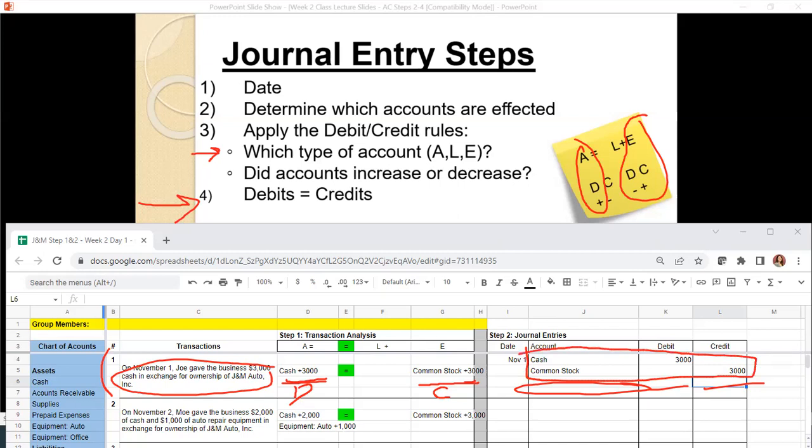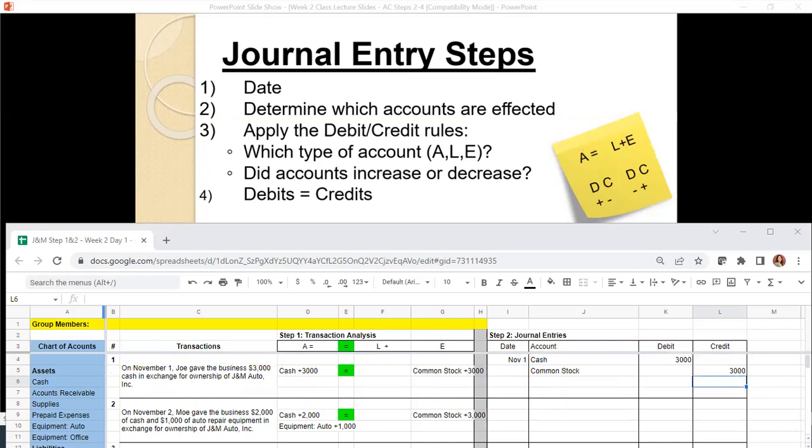Can you figure out what is the debit and what is the credit? That is the most important to me. So I want you to focus on that. Don't worry now or in your homework or on the exams about putting in an explanation. In real life, you will. In real life, that's what we do. But for homework and things like that, just focus on getting the journal entry part right, the accounts, the debits, and the credits. Let's do one more together so you can see what it looks like